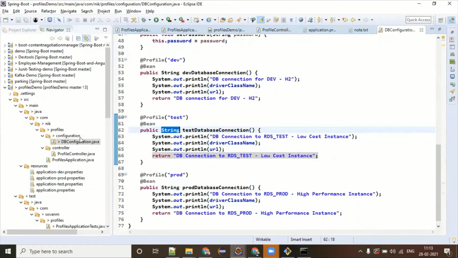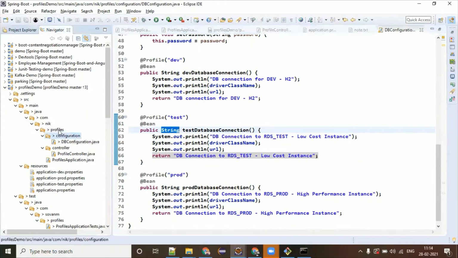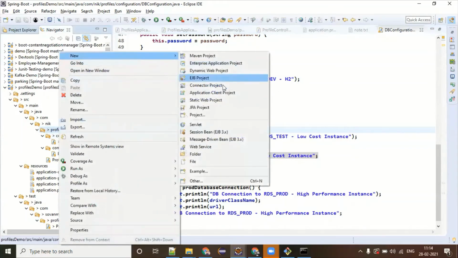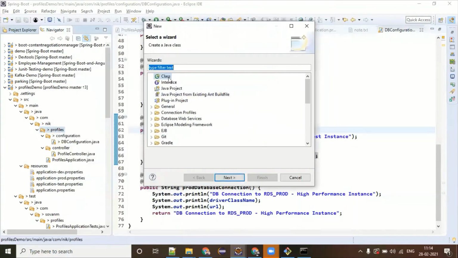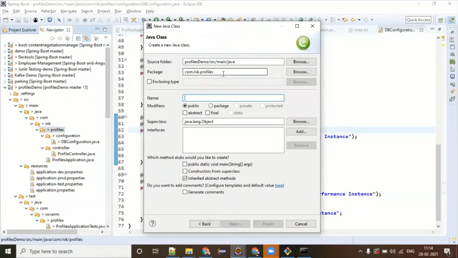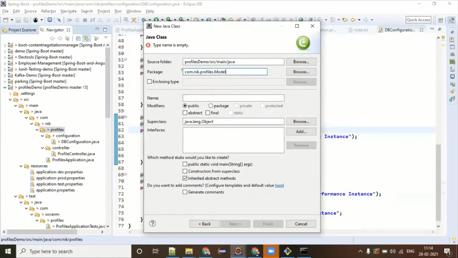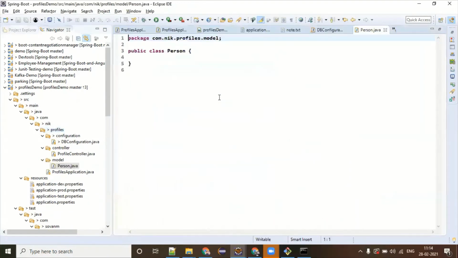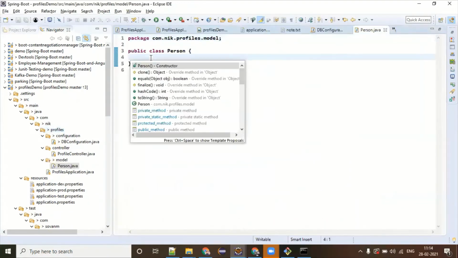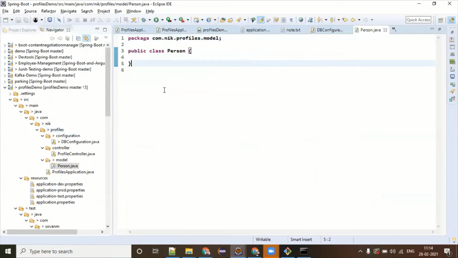So if you're confused, then let me do one thing. Let's create a model package, and here I'm going to create a class called Person, having some set of properties, or let it be an empty class.